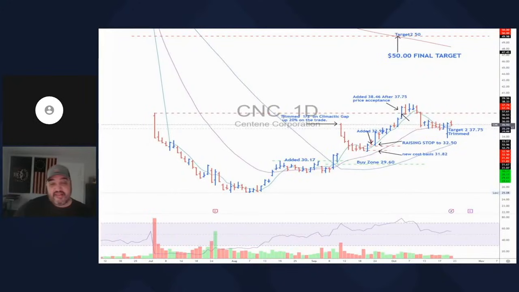Shorts trying to take CNC back to lows, longs holding a steady bid there in CNC right under the pivot lows in September, and finally buyers outwitted sellers. They completely overpowered them, and you had that massive move in CNC, which had been battered due to news regarding